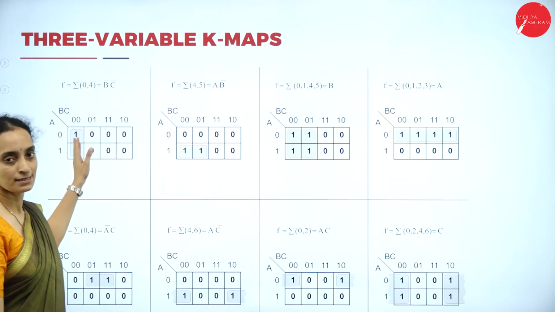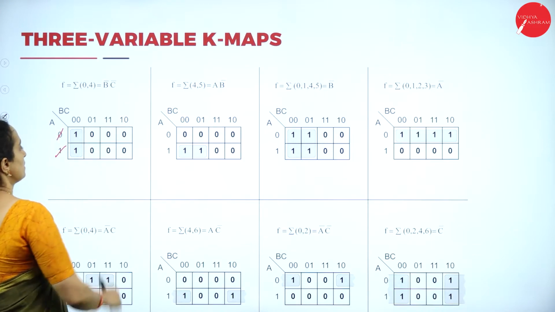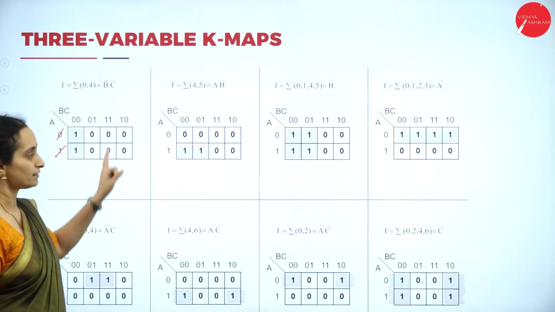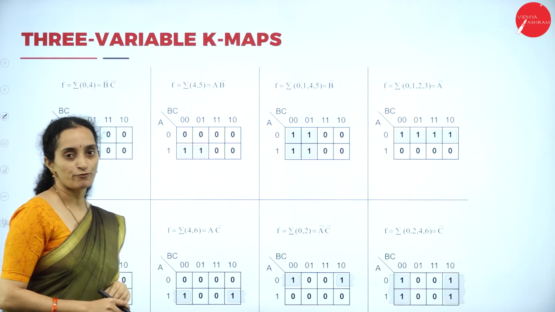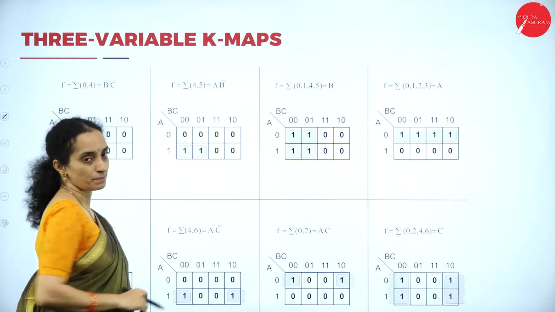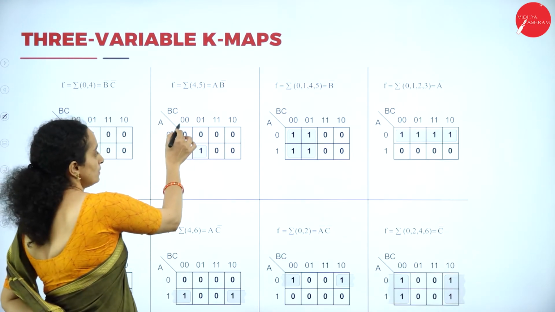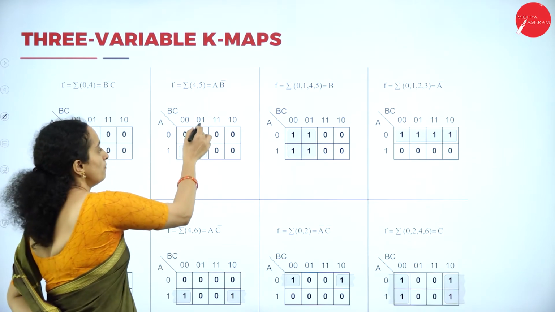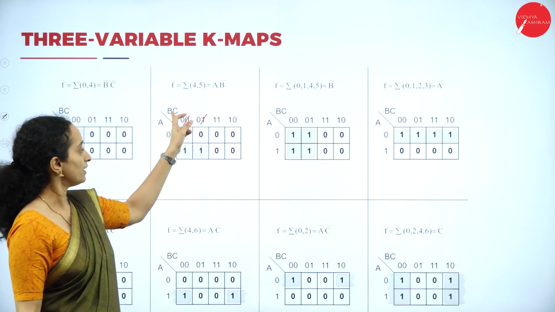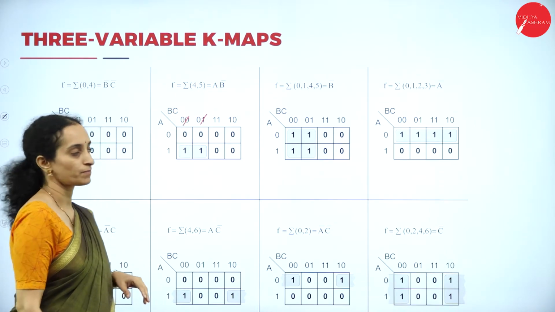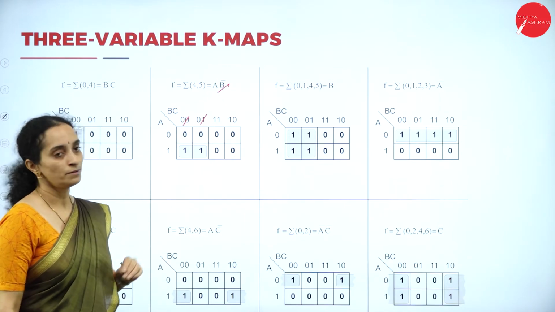The first one is with 2 ones, 0, 1 will be cancelled. 0, 0 will be kept, that is B dash into C dash. Second will be group of 2 ones here. 1 will be kept as it is, nothing to compare. B will be kept as it is because it is having complement form. C will be cancelled. Remained is the A into B dash. Okay, in the complement form, A into B dash.